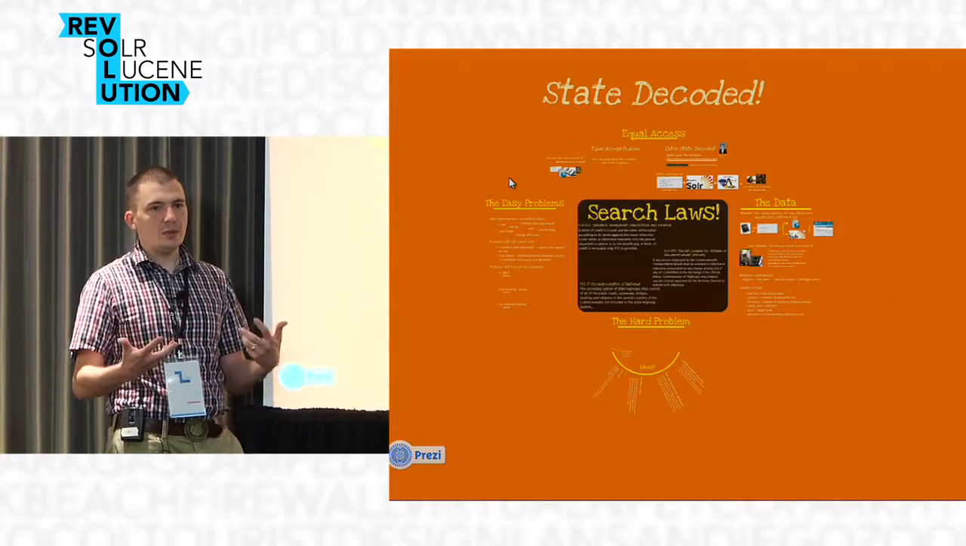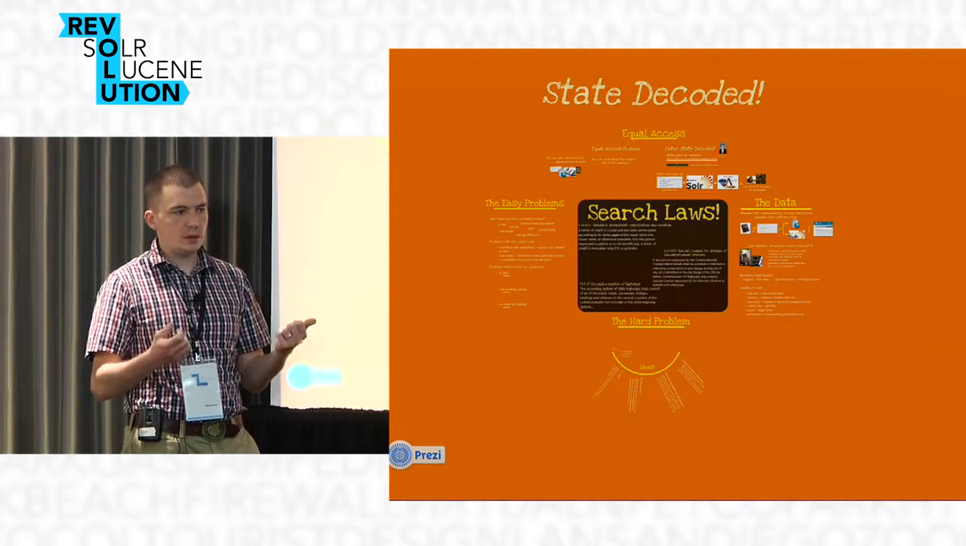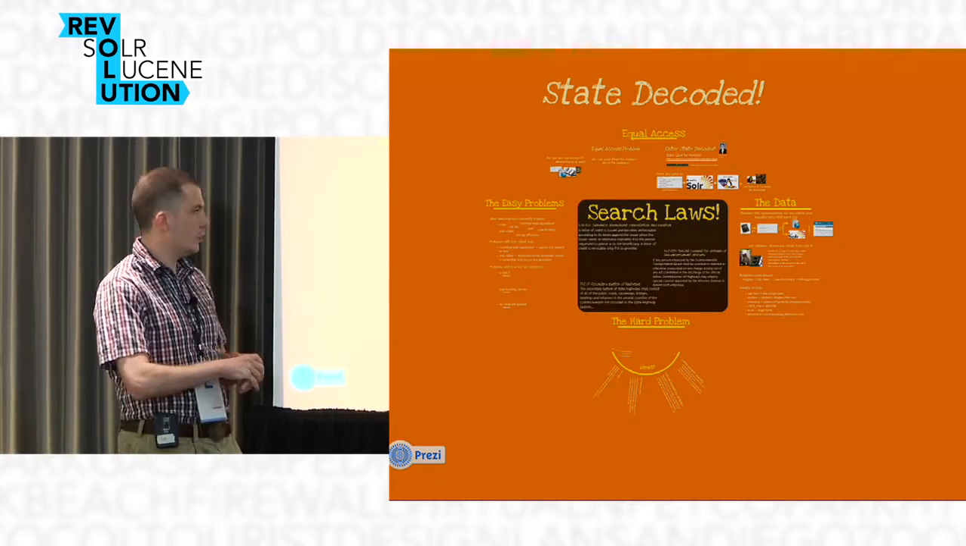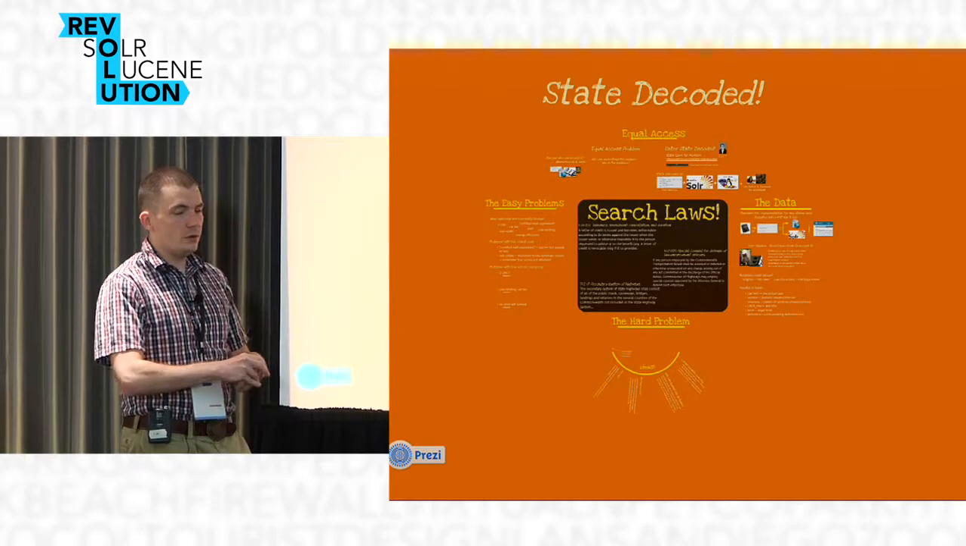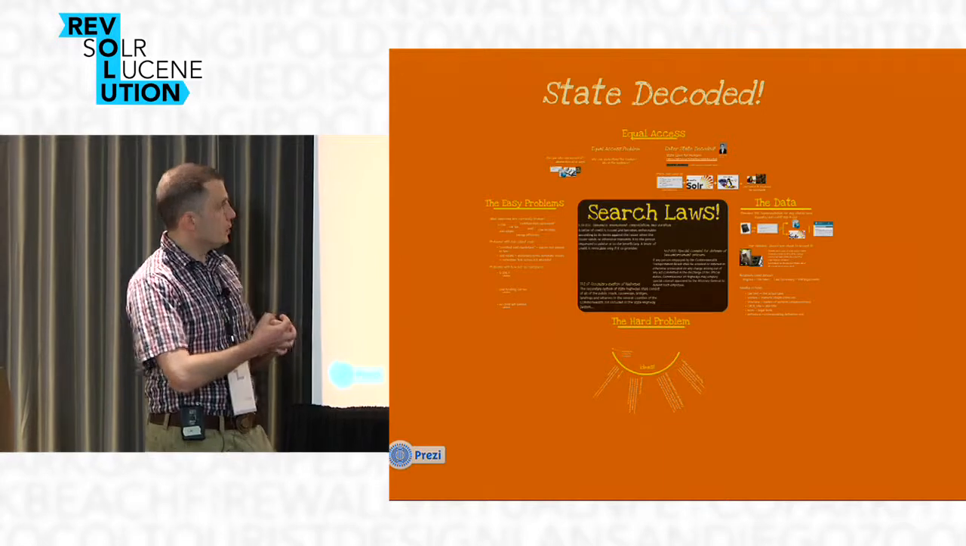We'll go through some easy problems where Solr really helped, and some medium problems where we could figure out how to get Solr to solve our problem for us. And then we're going to get into the meat of what the real, actual hard problem in legal search is. So to start out,